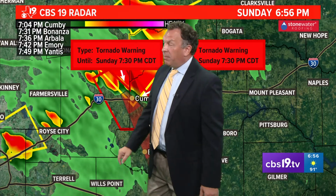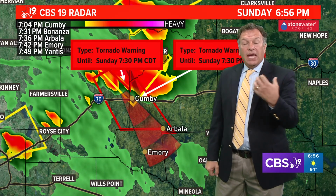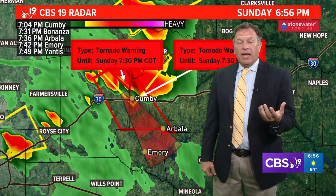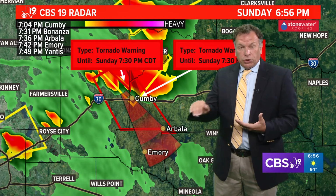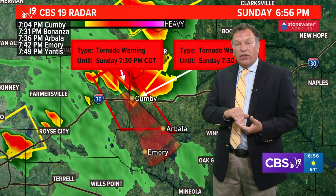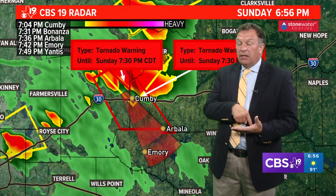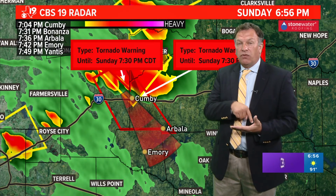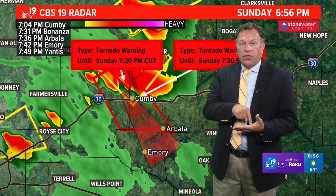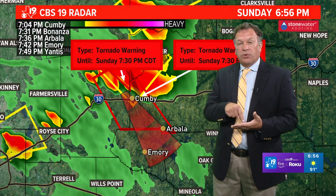So if you're watching us from Cumbie, please head to your shelter right now. You can take your CBS19 app along with you, and then you can follow along the coverage. It's real easy. If you haven't downloaded the app, go ahead and do that now. And then we're streaming that coverage there, and so you can watch along with us as we cover the storm. And if, say, the power goes out, the app is still working. So if you lose power, you can't watch us on TV, you can still watch us through the app. And then of course you'll get updates through the app on the severe thunderstorm warnings or the tornado warnings as